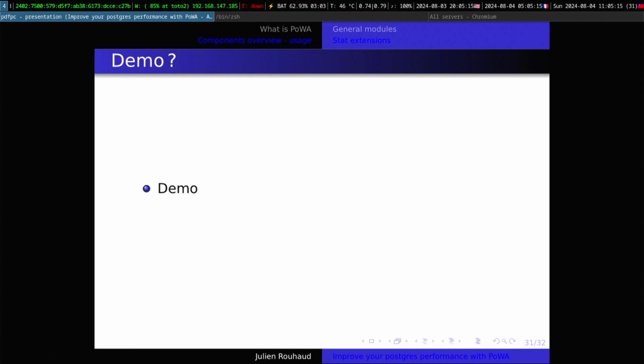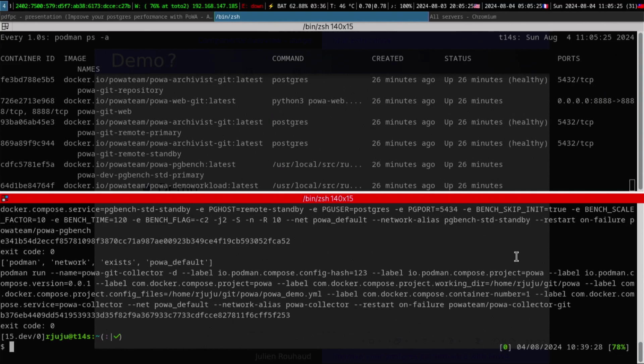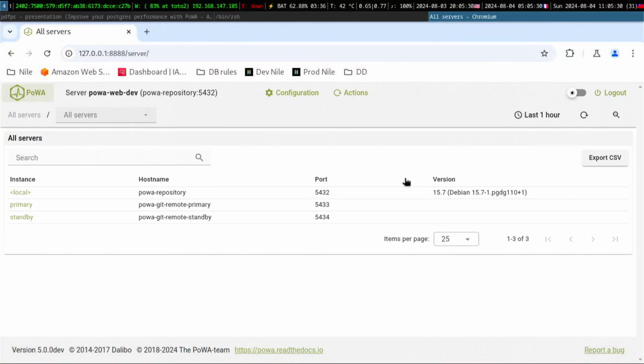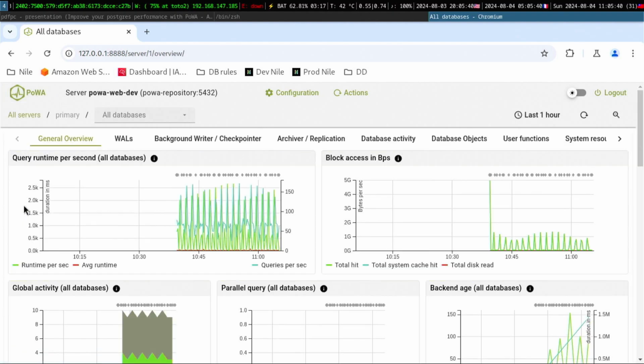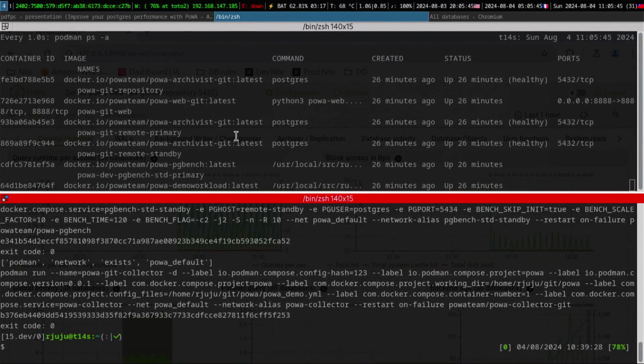Any other question? So hopefully, I started my cluster like 26 minutes ago, so I should have some metrics available. The first component you write is the list of your servers. So you can choose just one. If you see here,